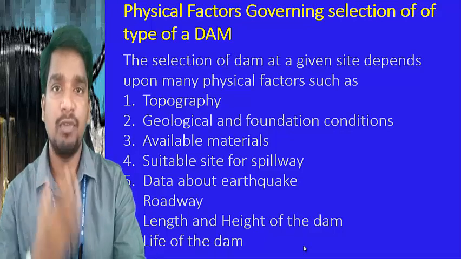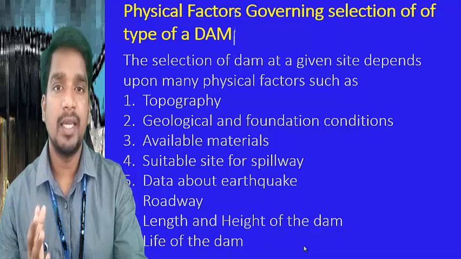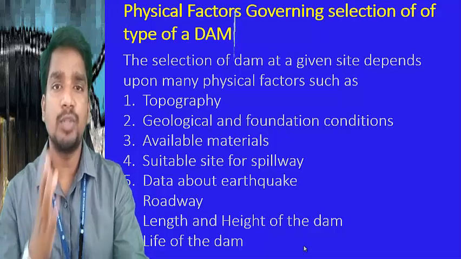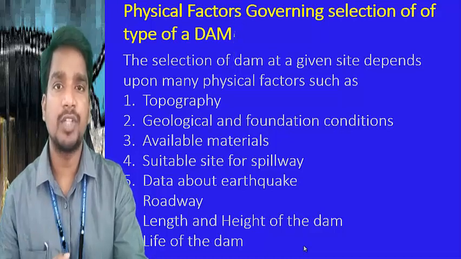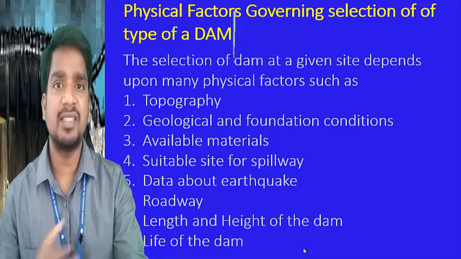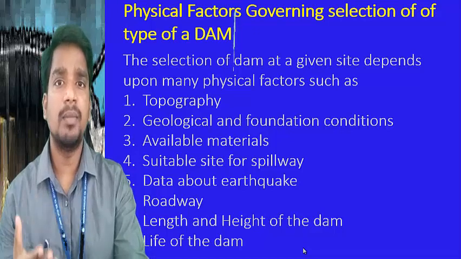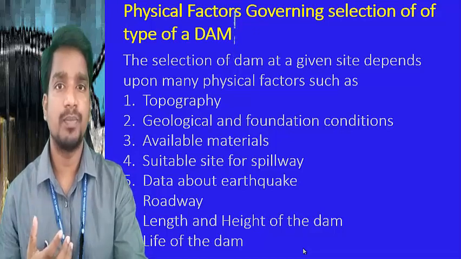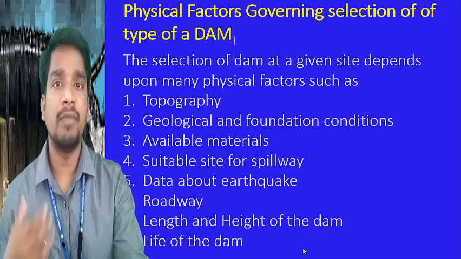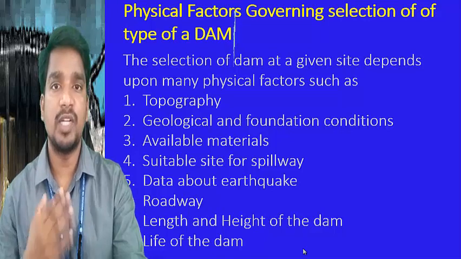Means if you want to construct a roadway in the selected dam, then it depends, because the roadway requires a very heavy span. So that is only possible with the help of concrete gravity dams or arch dams, and with the help of earth dams. In the remaining cases, like steel dams or timber dams, which may not be suitable for the formation of roads. So if you want a roadway, then you need to select a particular type of dam which is having a scope of constructing a roadway over the top of the dam. So that is also important.